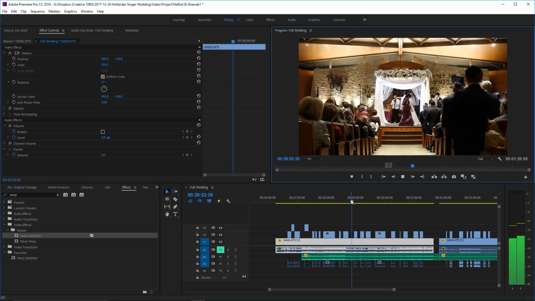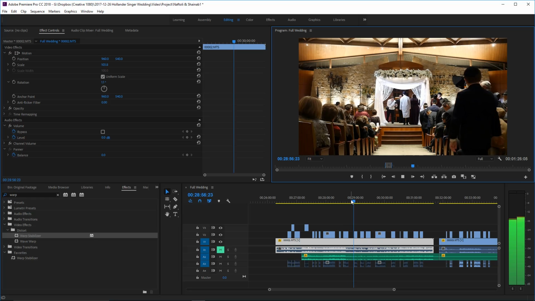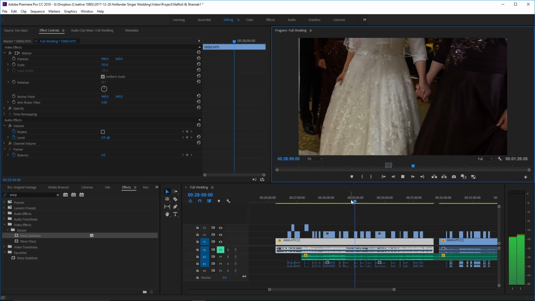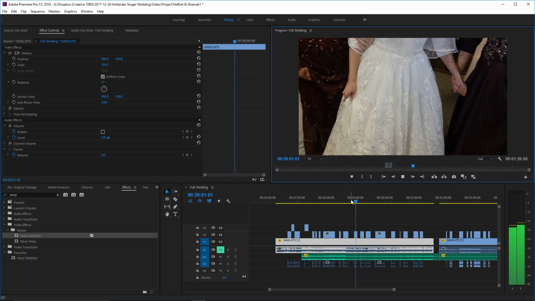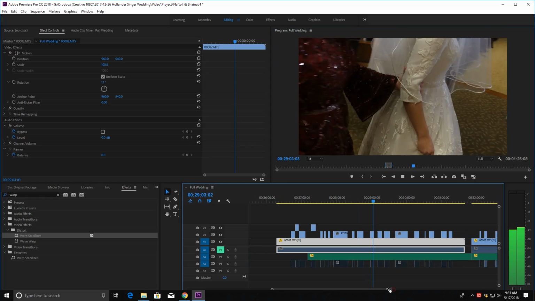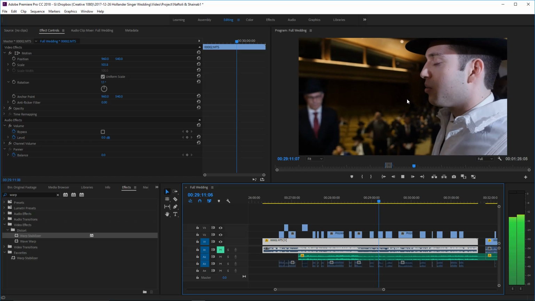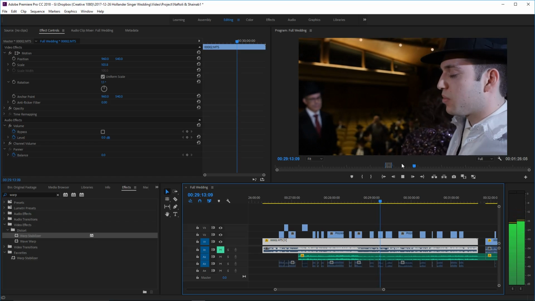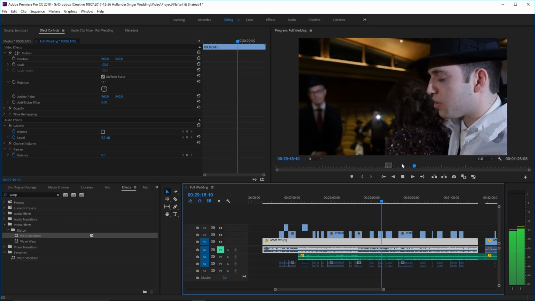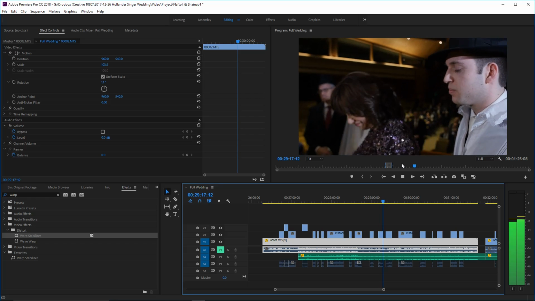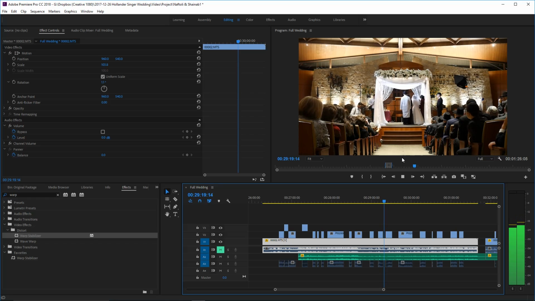Let's just find where the next song begins. So here's a point where the band was still playing the old song, but the next event had started.